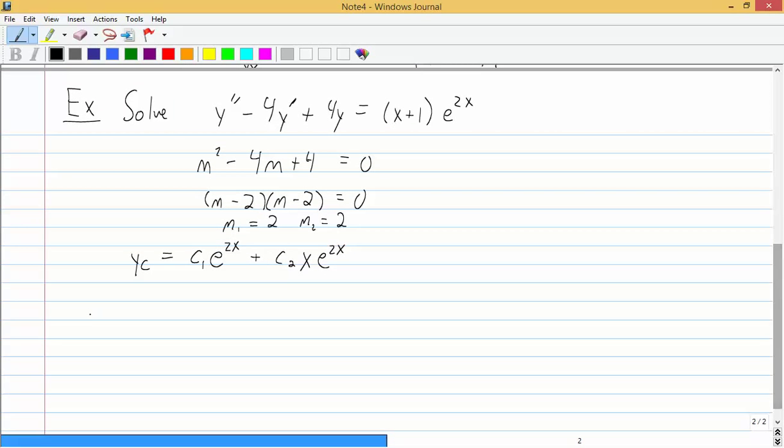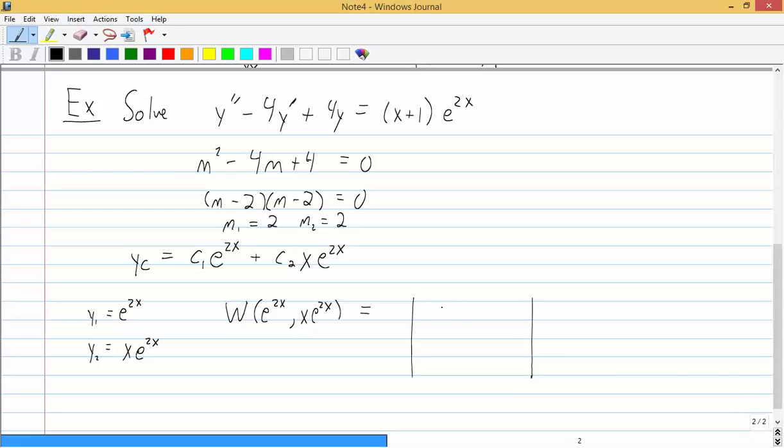Now, from that, we get y sub 1 and y sub 2. Y sub 1 is going to be just e to the 2x, and y sub 2 is going to be x e to the 2x. Now we need to calculate the Wronskian of those because we have to use this to help us figure out other solutions. So the Wronskian of e to the 2x, x e to the 2x is equal to